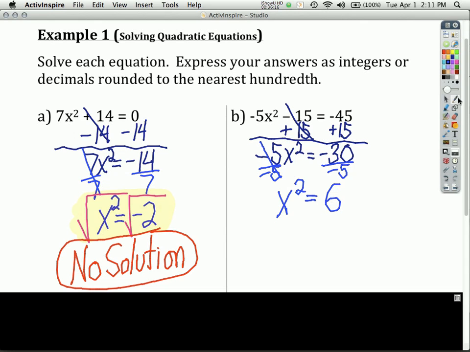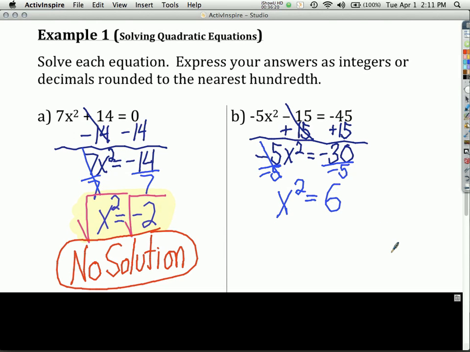Now, we have an x squared. So the solution is not 6. It's saying what number times itself gives me 6. So now the only way to really effectively find a solution is to take the square root of the left, take the square root of the right. We get x